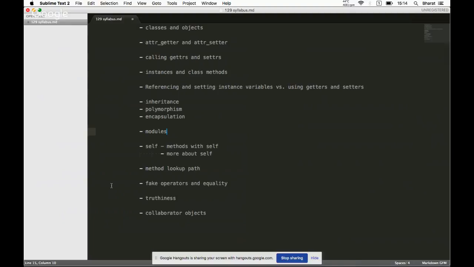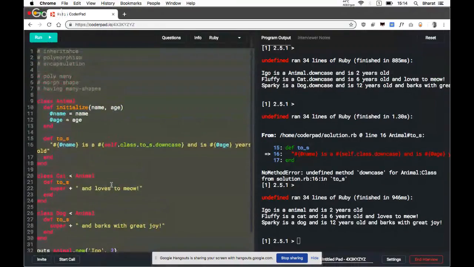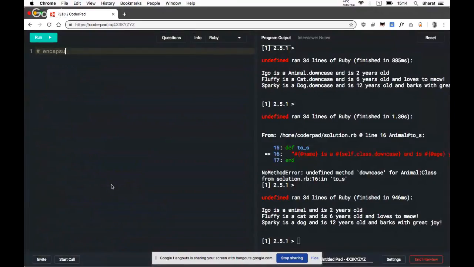And then we have encapsulation. Encapsulation is the idea of information control. So we have certain access control methods in Ruby, and we can set some methods to be in the public interface.